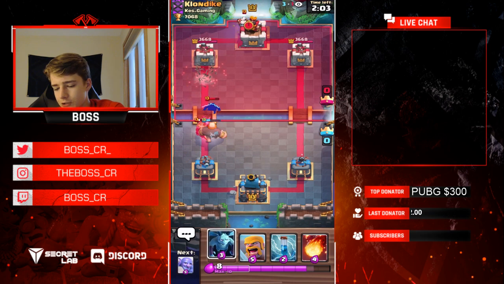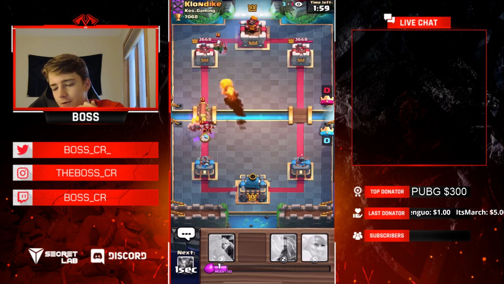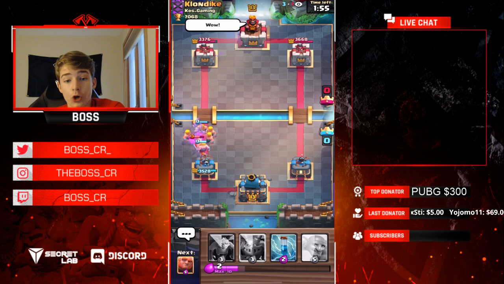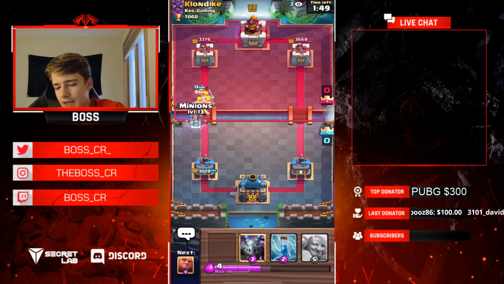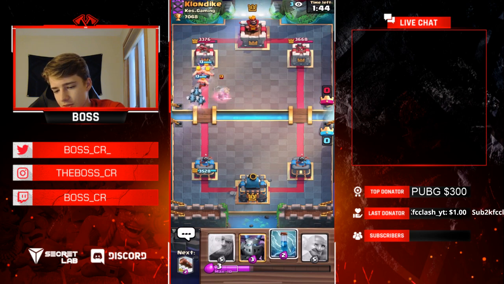So P.E.K.K.A, guys, is not, I would say, a hard counter. I think it's a difficult matchup, but it's not the worst thing you could play. The worst thing, or I think one of the worst, is, like, Lava Loon, in my opinion. So, yeah, as I said, P.E.K.K.A's kind of difficult, but there's things worse than it. And I feel like, as I said, with there being 5 Barbarians...